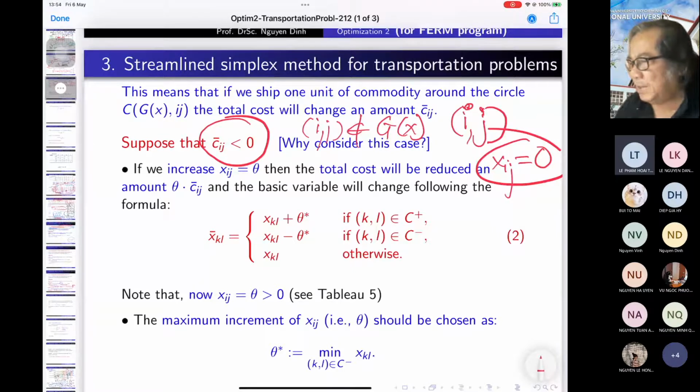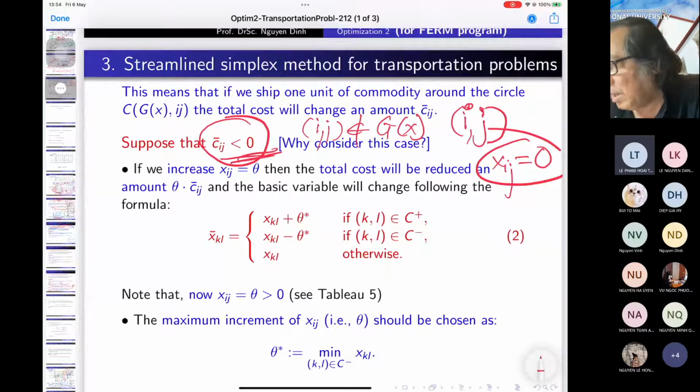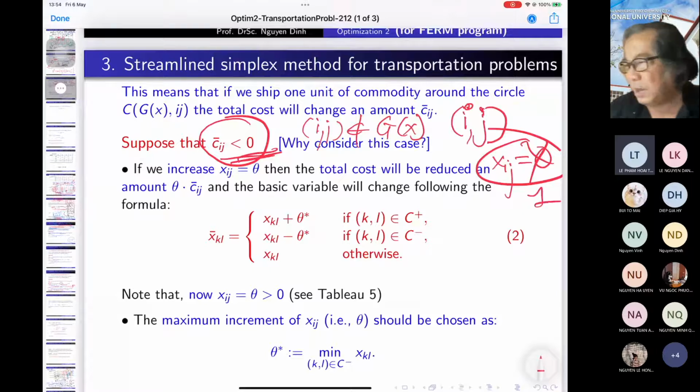Is that okay? It's equal to 0. But when c bar ij, the reduced cost at the cell ij, is negative, that means if you put 1 unit to that cell, it's not 0. If you give xij equal to 1, then the cost will be reduced by the amount c bar ij. Is that okay? So in that case, we have to find out the